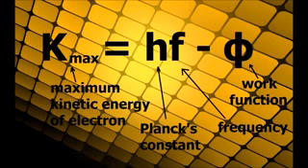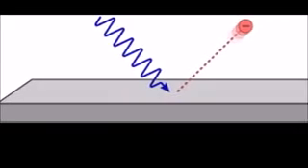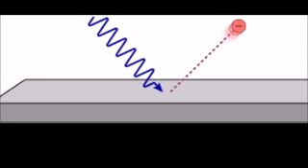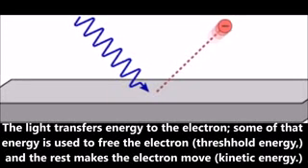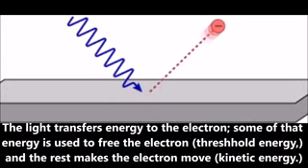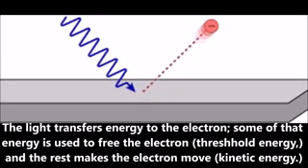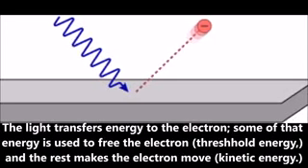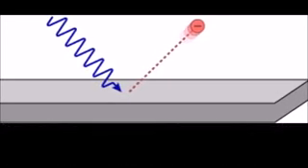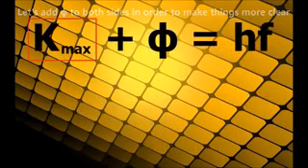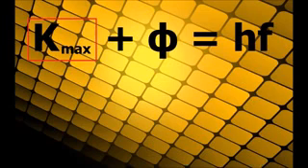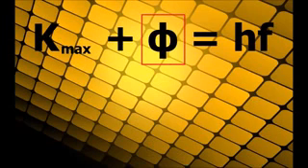Now think again about what's happening during the photoelectric effect. Light, which has a certain amount of energy, is hitting an electron that has zero kinetic energy since the electron is stationary. If it transfers all of its energy into the electron, then the kinetic energy of the outgoing photoelectron is equal to the light's energy minus whatever energy was needed to free the electron. And this is exactly what the equation is saying. This term is the kinetic energy of the outgoing photoelectron, and this term is the energy needed to free it. So this term must be equal to the energy that the